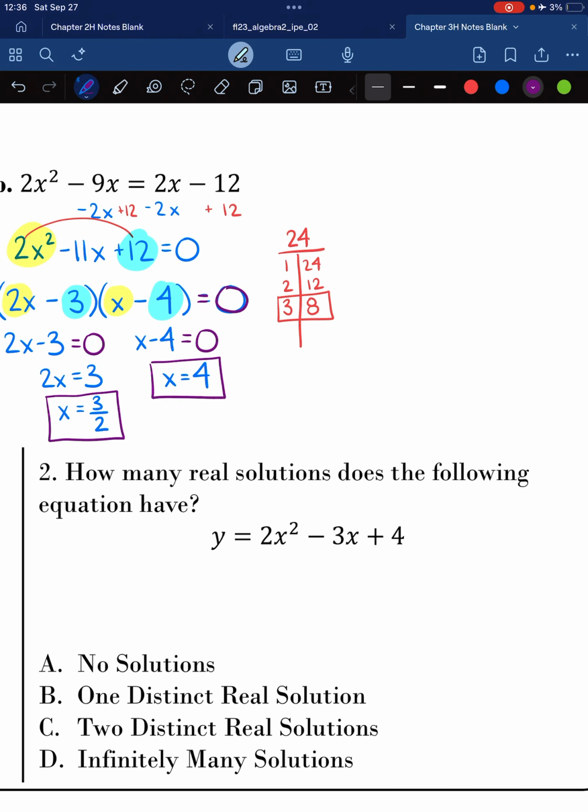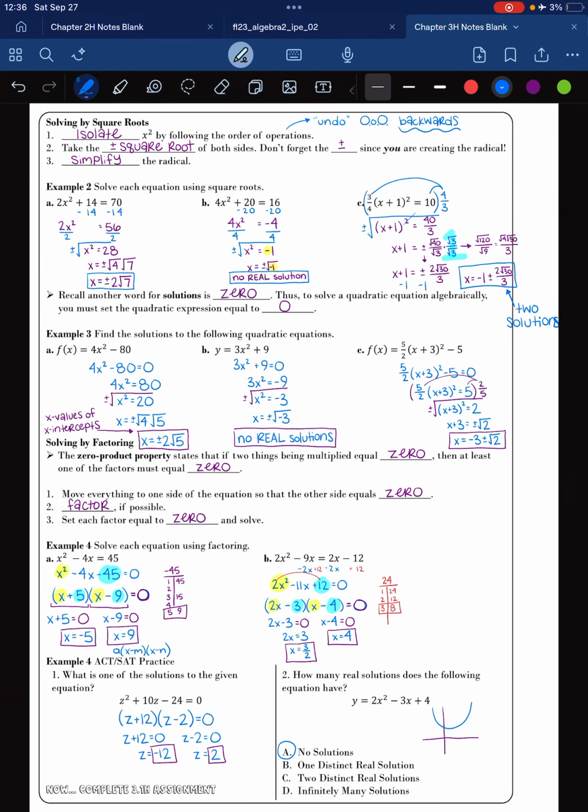Alrighty, number 2. How many real solutions does the following equation have? Again, this is a great one for you to do by graphing. If you graph this, then you should see that the graph is going to look something like this, which you can very quickly tell has absolutely no solutions. Alrighty, have fun working on that 3.1 practice, and I will see